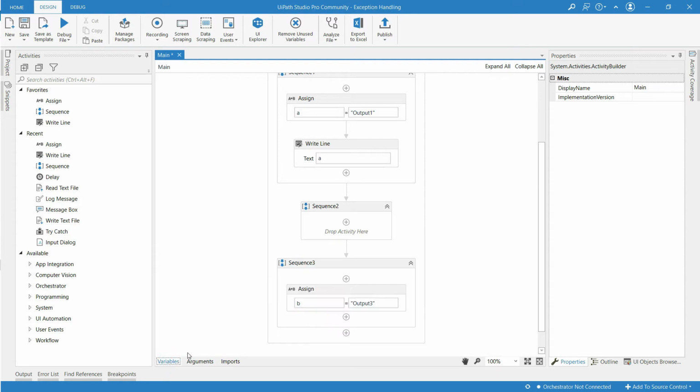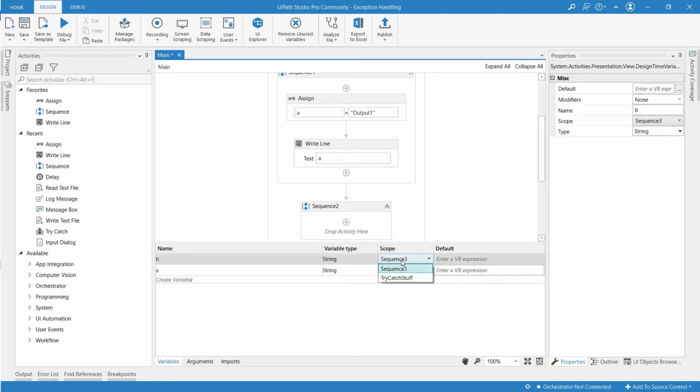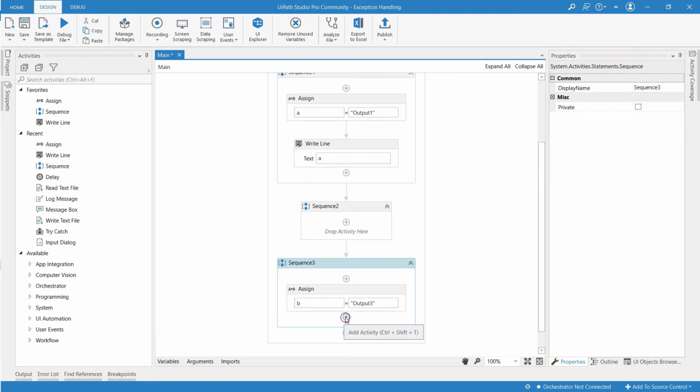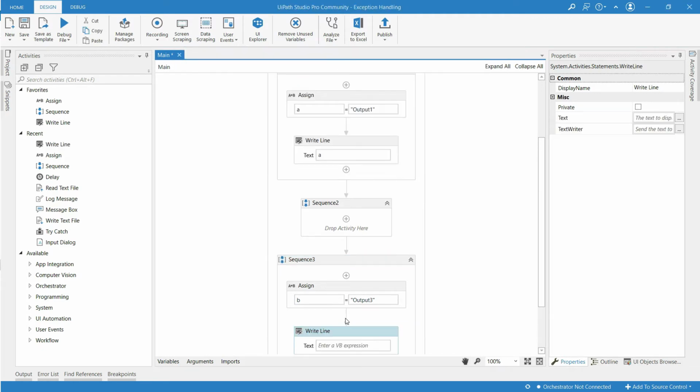So go to the variables pane, let me change its scope to try catch stuff. Here are the 2 variables which I have created. Now search for the WriteLine activity and pass the variable name B.